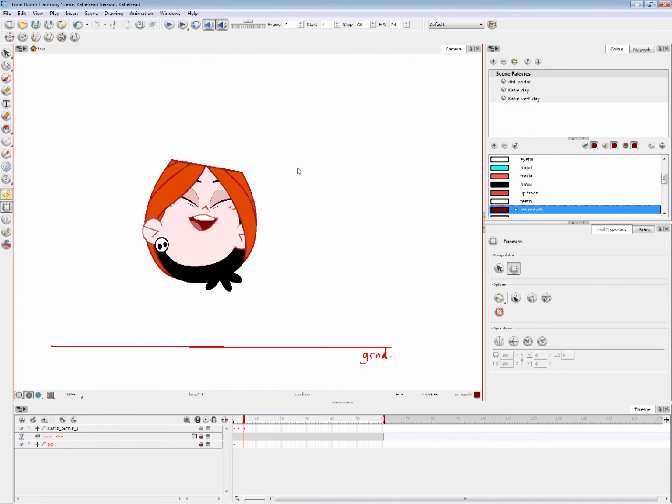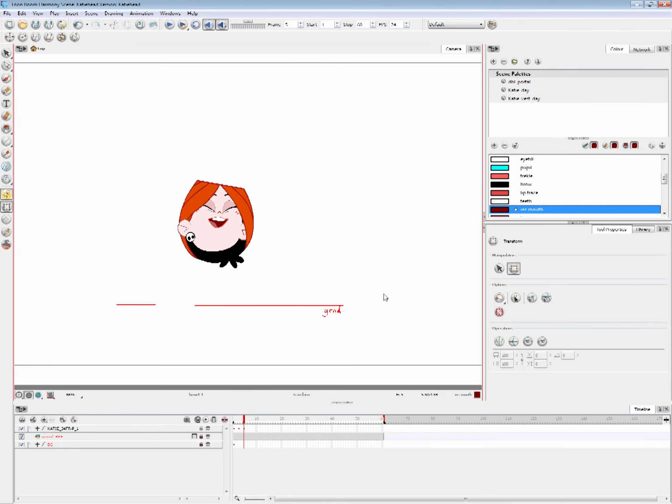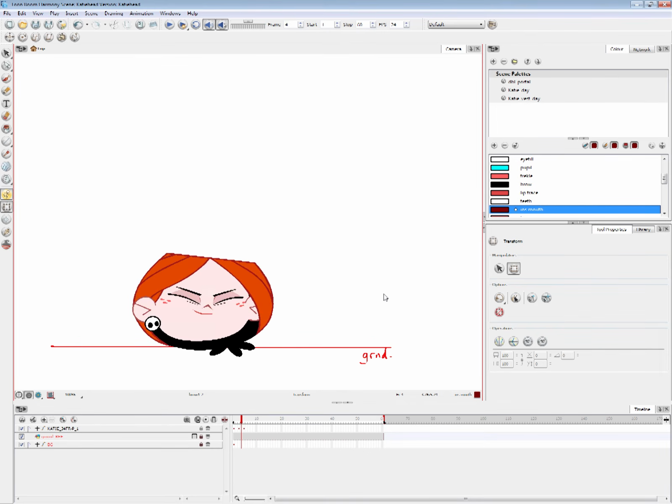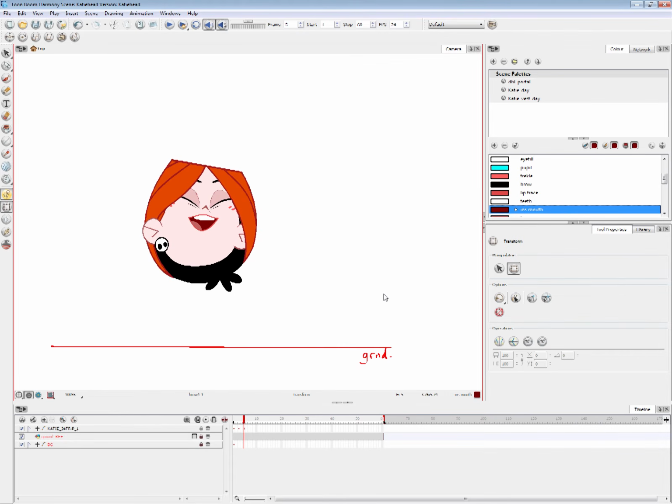Important thing. 1 and 2 is zoom in and out by default for Toon Boom and all Toon Boom software. If you're left-handed and using your right hand for the keyboard, I think 1 and 2 is still very useful. 1 and 2, this is so good. 1 and 2 for in and out.